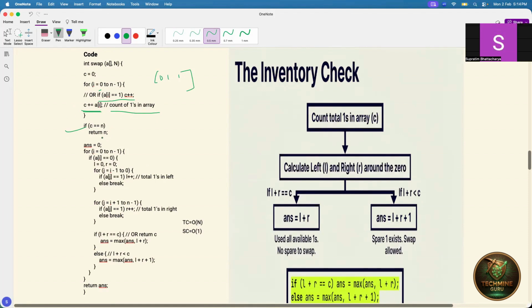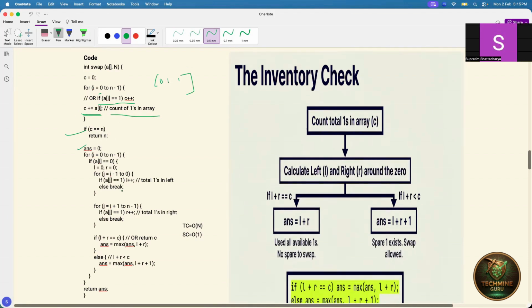Then we have got the maximum length sub-array sum as the length of the array only. As we have already seen the above logic, this logic remains the same. We are iterating a loop from i equal to 0 to n minus 1. Whenever we get a[i] as 0, we take L and R as two pointers, and we iterate from j equal to i minus 1 down to 0 to move towards the left